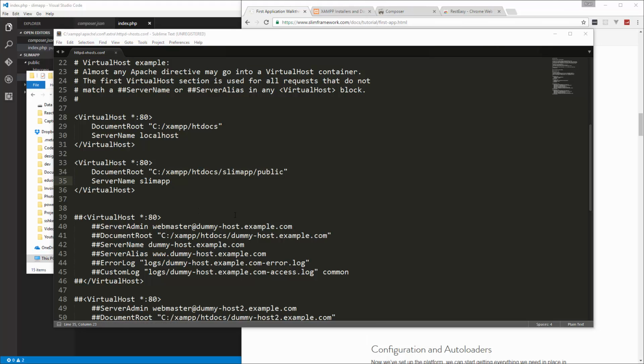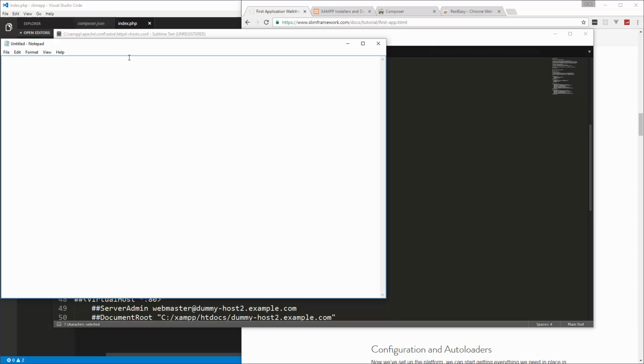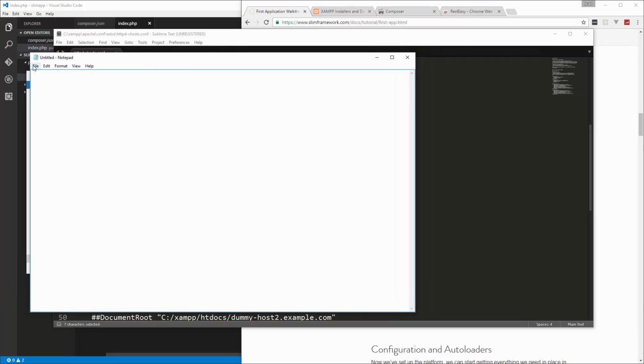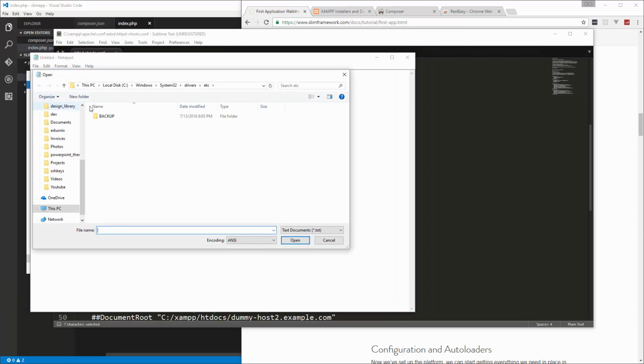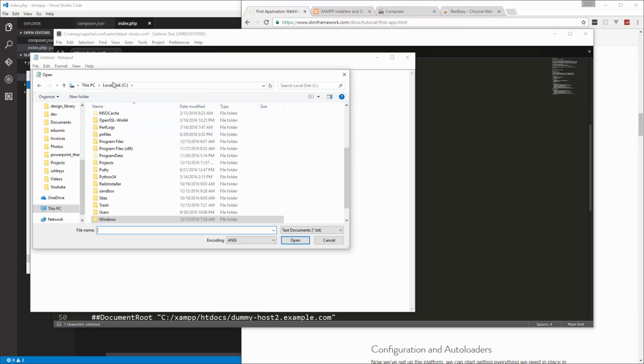Now there's one other thing we have to do in order for this to work: this server name. We have to add it to our host file. So what I'm going to do is run Notepad or some kind of text editor as administrator. You can't see it on this screen, but I'm going to my Notepad and I'm going to right click and say run as administrator. Then we'll open up the host file. I'm going to go to open, and the location of this is going to be in your C drive, Windows, System32,